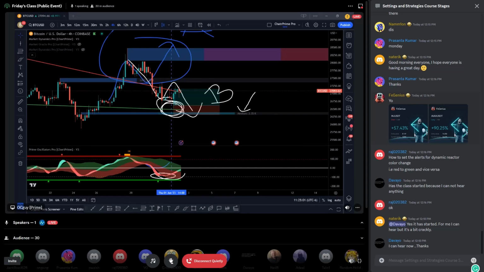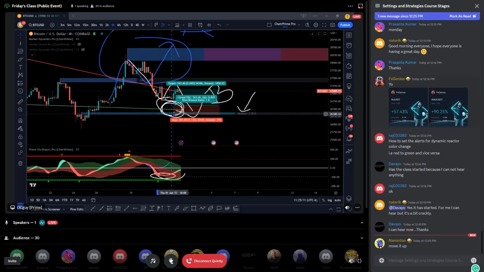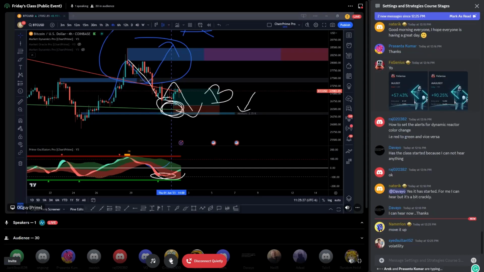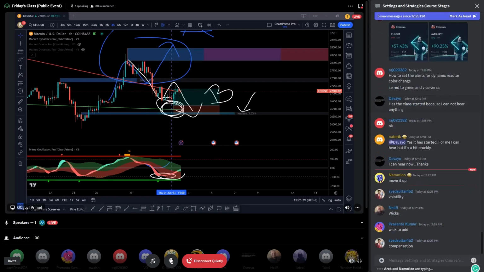Anybody, guys? What do I do after shielding myself with, in this case, a support? What else do I do to my stop loss? Move it? No, not just yet. I add something, so I make it bigger. But how do I make it bigger, and why do I make it bigger? Oh, I see many. Yeah, volatility. Yes, I did, Sultan. Yes.